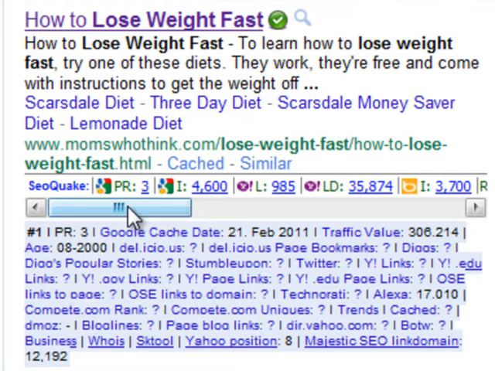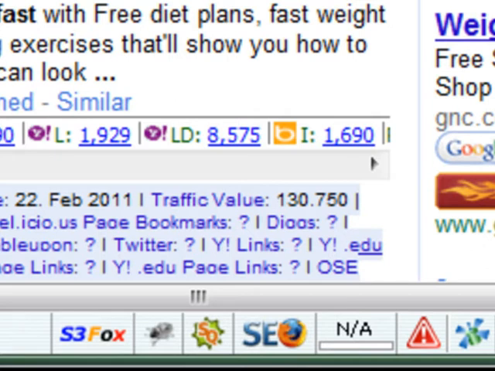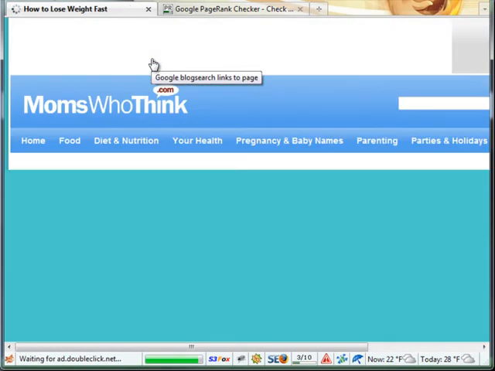Now, you don't want to use a tool like SEO Quake constantly. Just use it when you're doing your research and turn it off when you're just doing casual browsing. SEO for Firefox is another one, and Live PageRank is a tool that I've also got installed. It shows down here on the bottom. It's showing NA at the moment because I'm not actually on a page. But if I click how to lose weight fast,